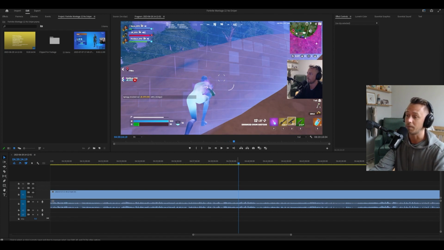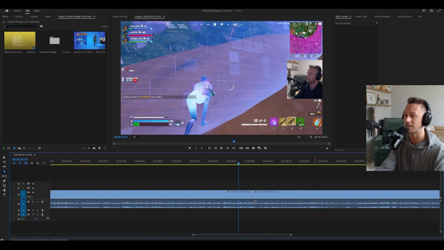So what I'm going to do here, I already have this queued up and ready to go. There is a crazy end game scenario in this game that I was playing with Datscat and JB, and that is what I'm going to be clipping down. So it's already right at that point. I'm going to be using some hotkeys during this just to speed things up. One of them is C, that changes to a cut tool, which allows me to cut and clip things like